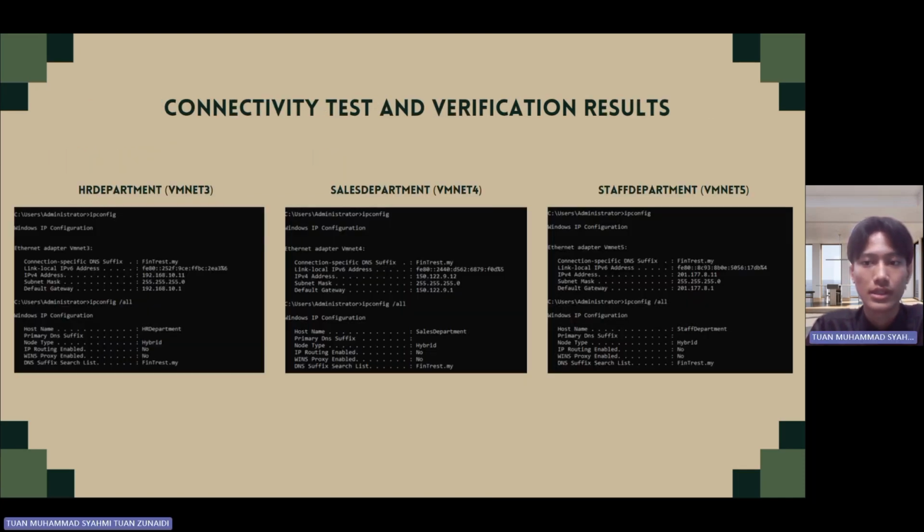Connectivity test and verification results. So as you can see, the three clients, which are HR department, sales department and staff department, have been connected to the DNS, and the DNS is Fintrust.my. So for HR department, it uses VMnet 3. The connection has been connected to DNS Fintrust.my, and IPv4 address is